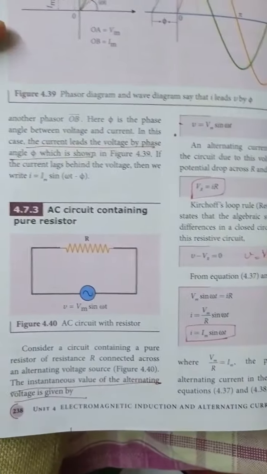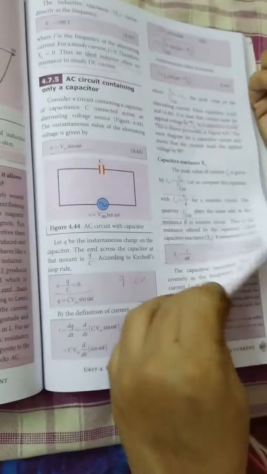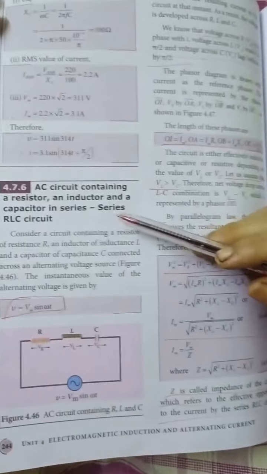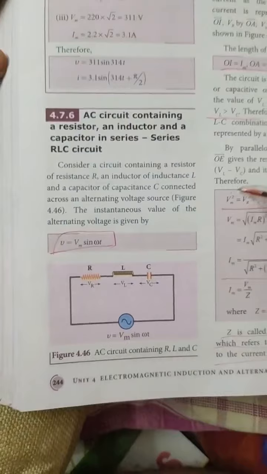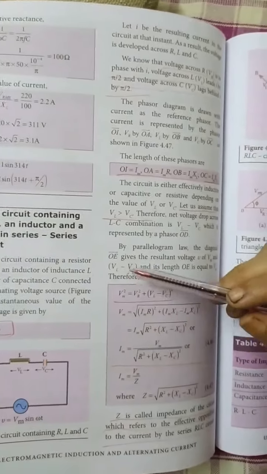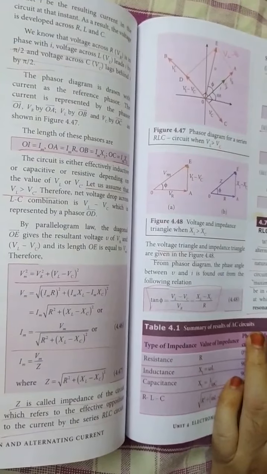And there are 4 topics. First, AC circuit containing pure resistor, then inductor, then capacitor, and the fourth one is RLC circuit. So having 4 topics: AC circuit with resistor, inductor, capacitor, and RLC circuit, and you can read any 2 topics